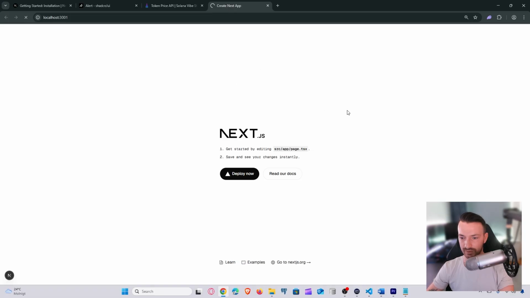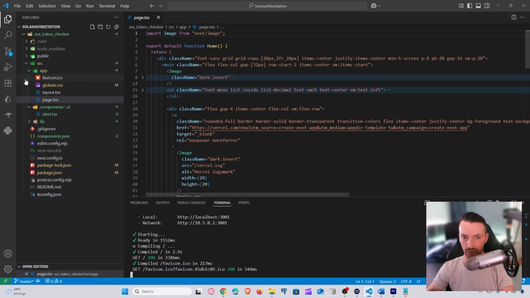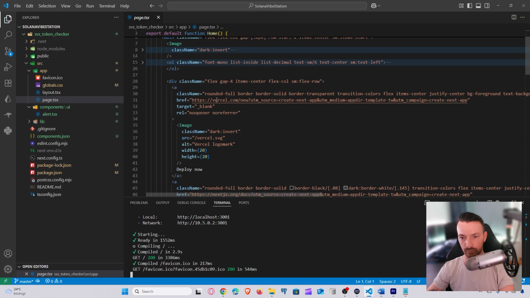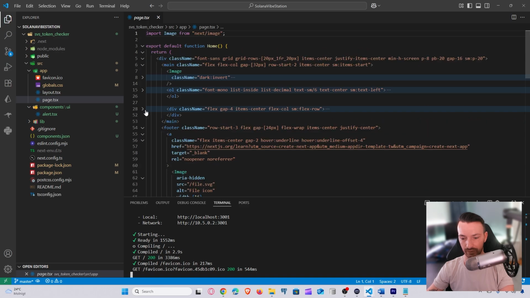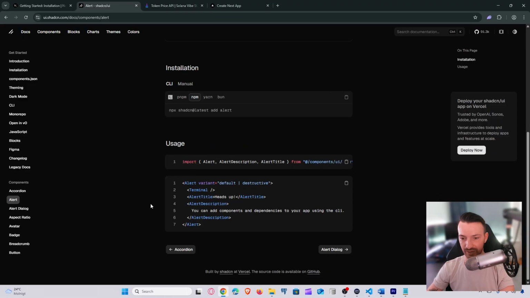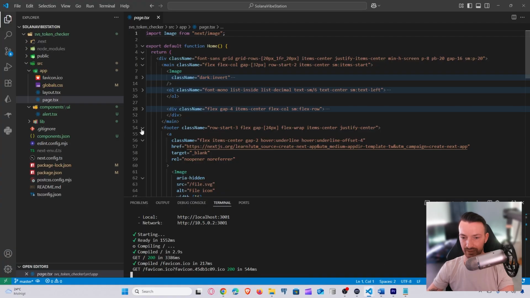then you will see that we have the default app here. And one of the things here says get started by adding source app page.tsx, and that is exactly where we are. If we go back to our code under source app page.tsx, that is what we are looking at. But now we just want to add that alert box to see if everything works well. So what we can do is go back to shadcn, and here we have an example on how we can use it. So we can just copy this, go back to our code, and we can choose to have